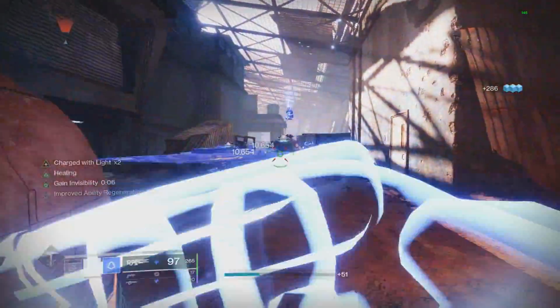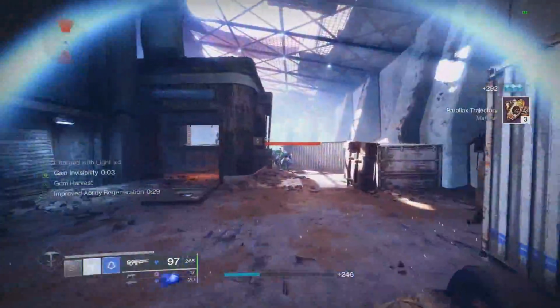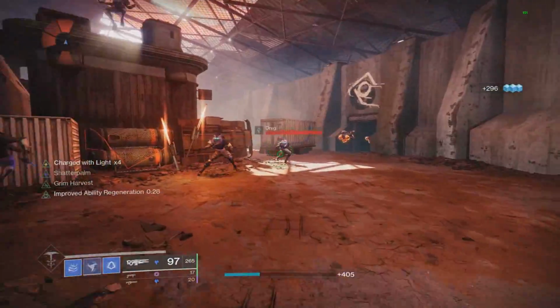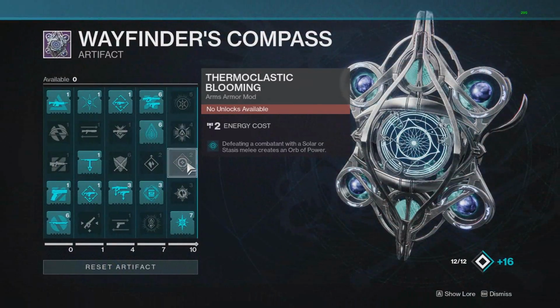Then before you know it, you'll also have your super, which is really good for add clear and also boss fights with Focusing Lens this season. If you're running this build, all of your teammates could take advantage of Focusing Lens with their light damage. So overall, this build is already extremely fun and extremely good, but once Thermoclastic Blooming comes back, which might be